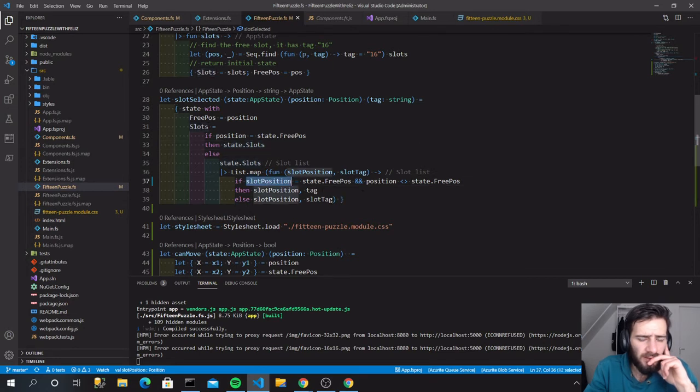If the slot position equals the free slot, the free position, which means while we are going through each slot, we reach the free position, then